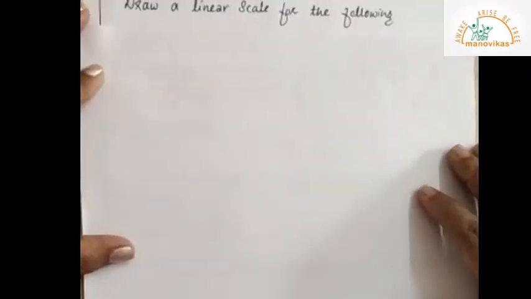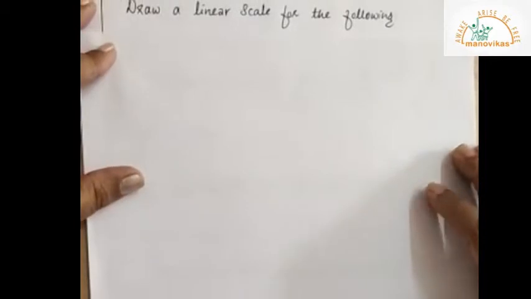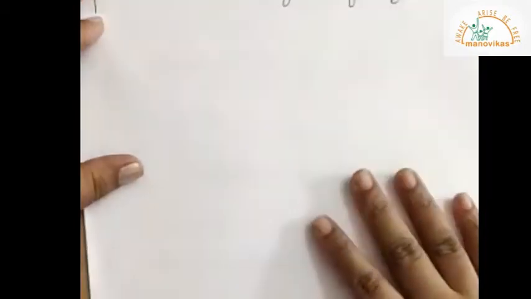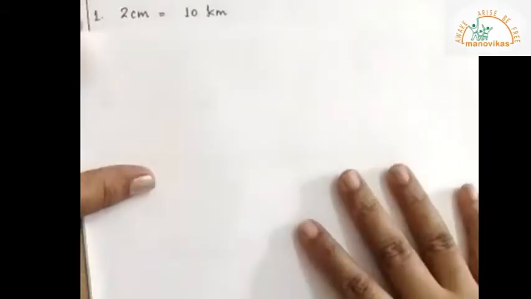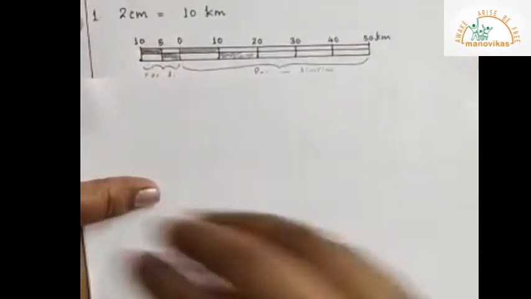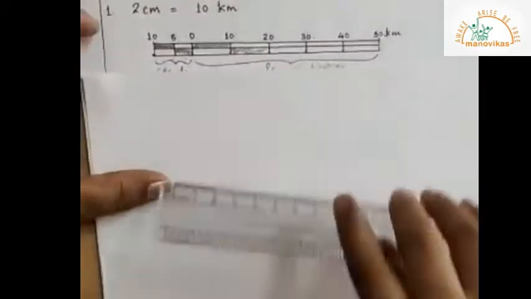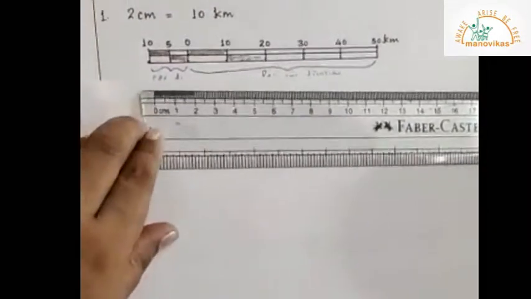Today we're going to understand how to draw a linear scale. A homework was given to you all with the following values. The first value is 2 centimeter is equal to 10 kilometers. So how to draw a linear scale? In order to draw a linear scale, in this case 2 centimeters is equal to 10 kilometers,